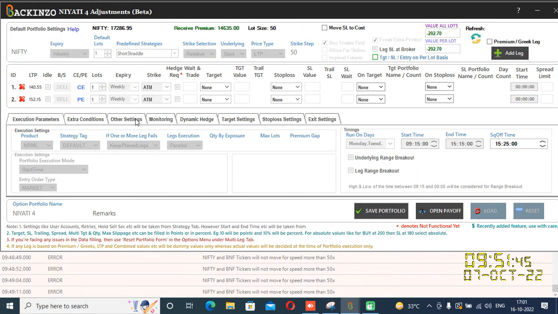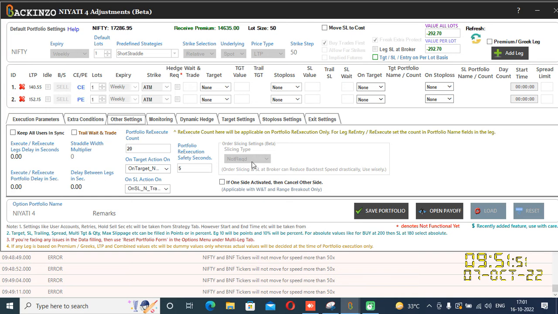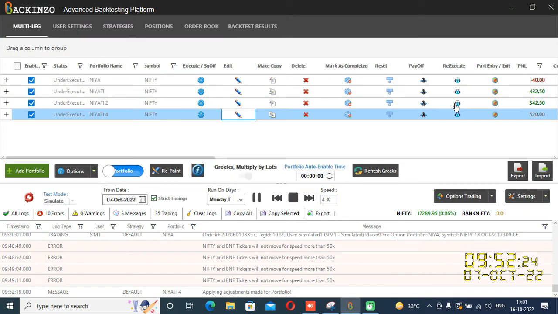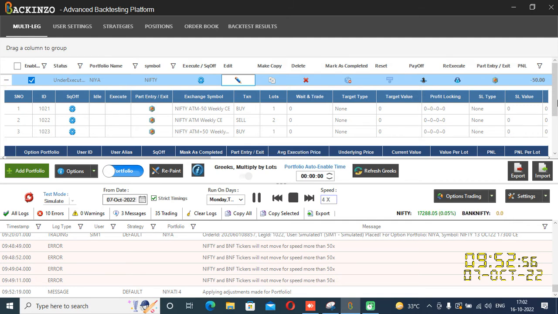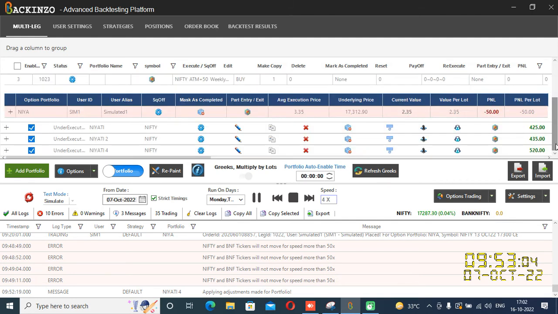It will even honor this order slicing setting. However, this will not be honored by the backtest. Please note that. Now, as you can see, if I expand these portfolios,